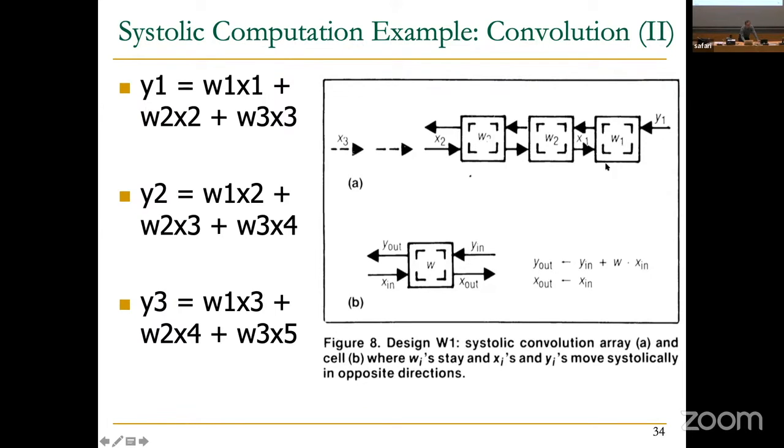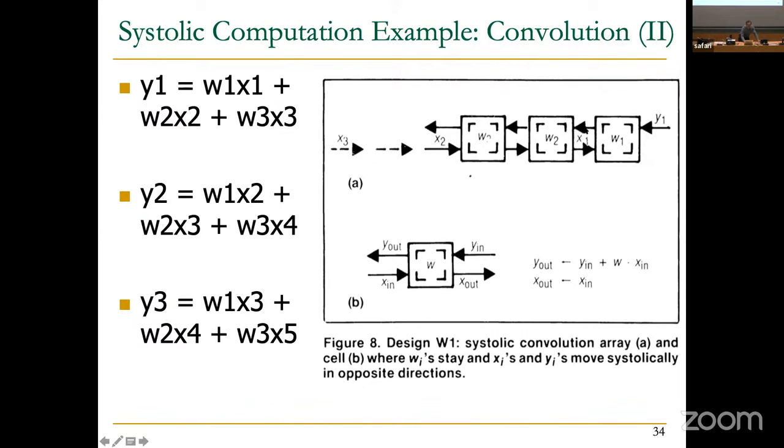Let's take a look at what happens in this cycle. In this cycle, what's happening to this output? And we know that, right? Y out equals Y1 plus W1 times X1. So you will calculate this part of this equation, okay? And then X1 goes here, but it's not connected anywhere, so X1 kind of dies over here, right? And that's good if you look at these equations because X1 is not used anywhere else, okay? That's this particular convolution.